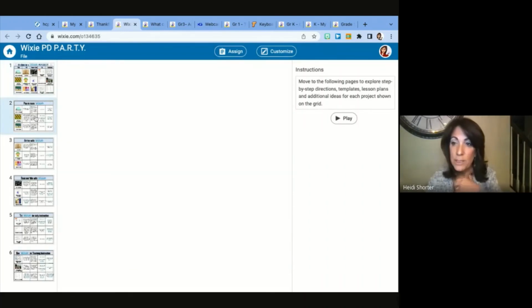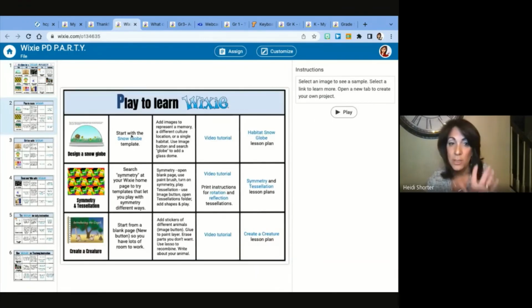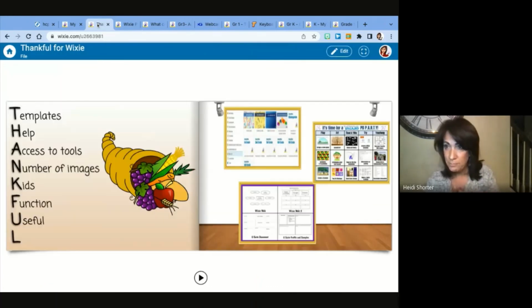And then you can go through and it actually explains to the teachers what they start with, how they can do it. There's a video lesson on it. There's a sample. I mean, it is just so useful and so helpful. And so that one is very pretty. But I also made a choice board for teachers for a PLC in my school as well.